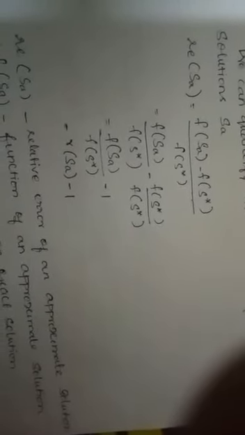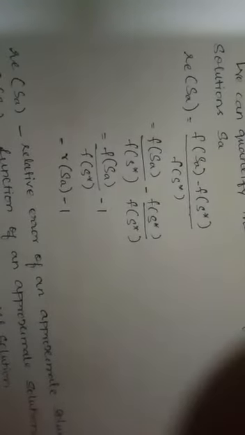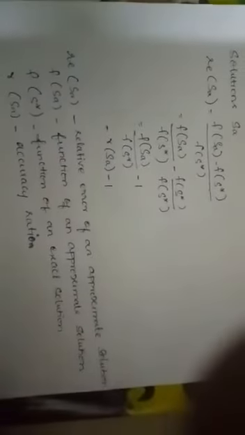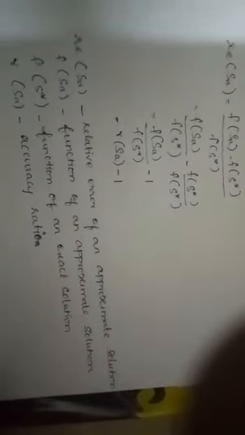So we take the difference of approximate and exact solution divided by the exact solution. From that you can simplify, you get F of SA divided by F of S star minus 1. Here F of SA divided by F of S star is considered as R of SA, which means accuracy ratio. So R is nothing but ratio. So here we have the specification of RE, SA, S star and R.